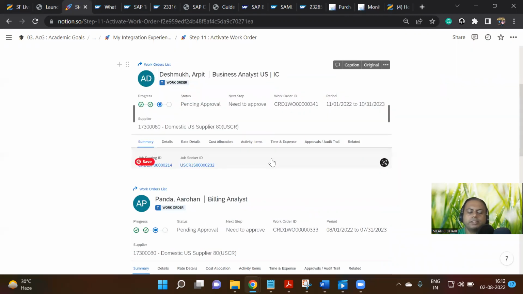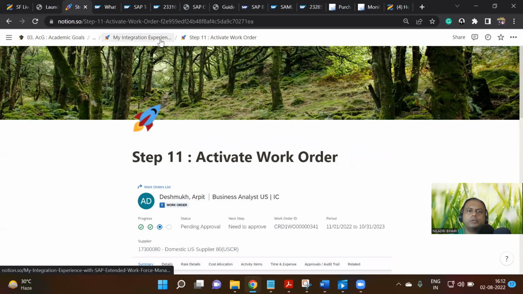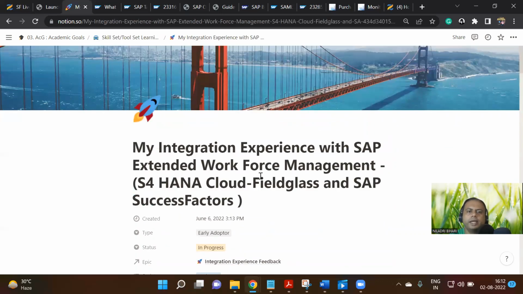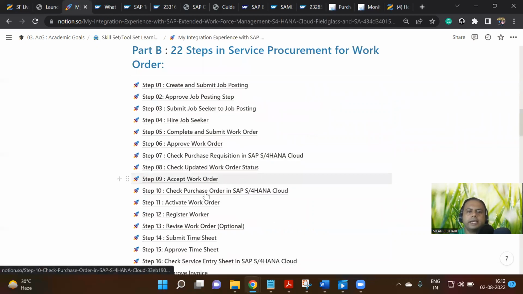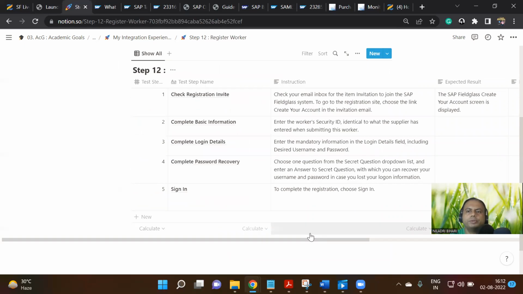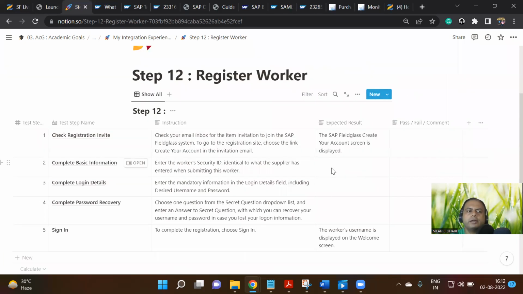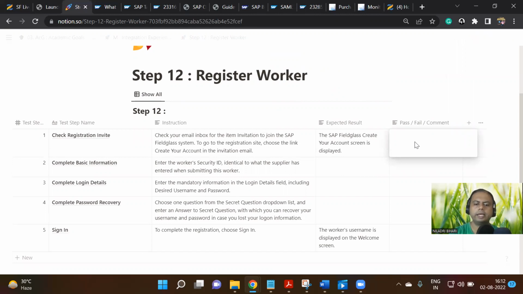In our case, in the previous test, there are two users for whom the approvals are still pending. For that reason, it could be that they will not receive any email. You can check that if you are having similar issues. If not, then you'll get an email notification with an option to register as a worker. This is something we have to mention here. In case you have not received any invite, you can mention that